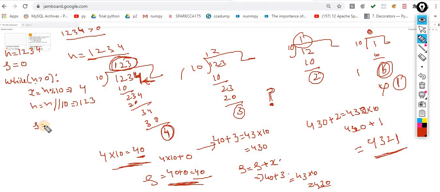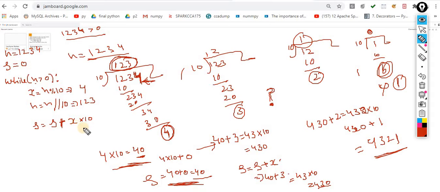So s is equal to s plus x, I think this one, your x multiplied by 10.